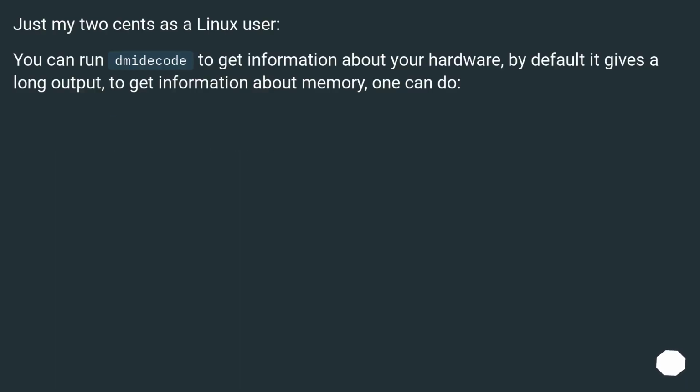Just my 2 cents as a Linux user. You can run dmidecode to get information about your hardware. By default it gives a long output. To get information about memory, one can do: